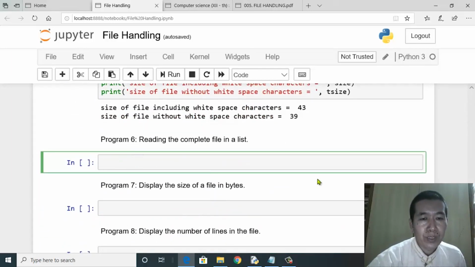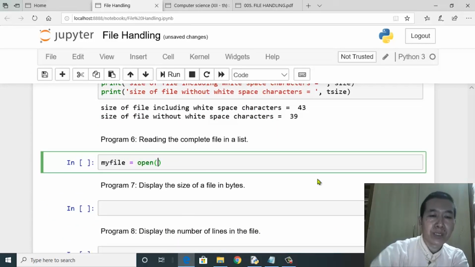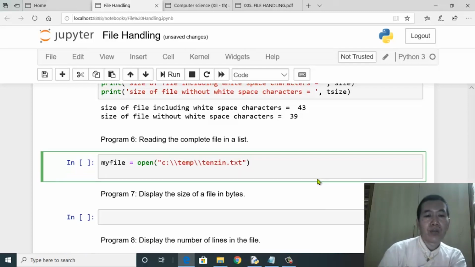So let's do the program first. Again, that same old statement: my file equals open, and then you have c:// followed by temp. The name of the file is tenzin.txt, right?